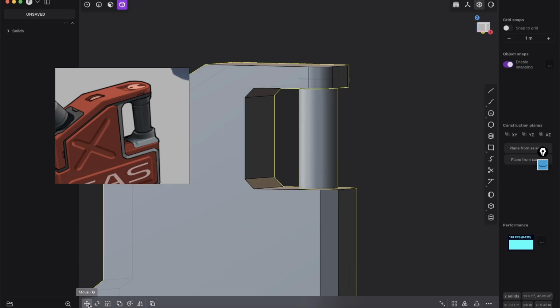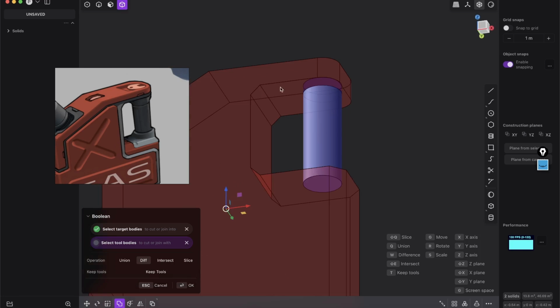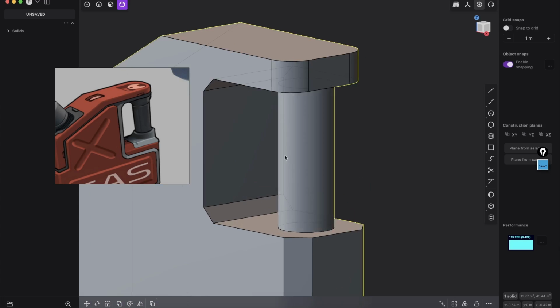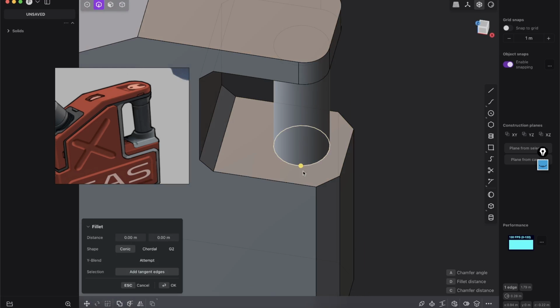And if we press Q, so Q is the command for Boolean, you see one is red, one is blue, but we want both the same color, so we want to union them. So press Q again, and then they are both blue, and they will be just added to one body for now. Because now we can again go to edge mode and select this edge,